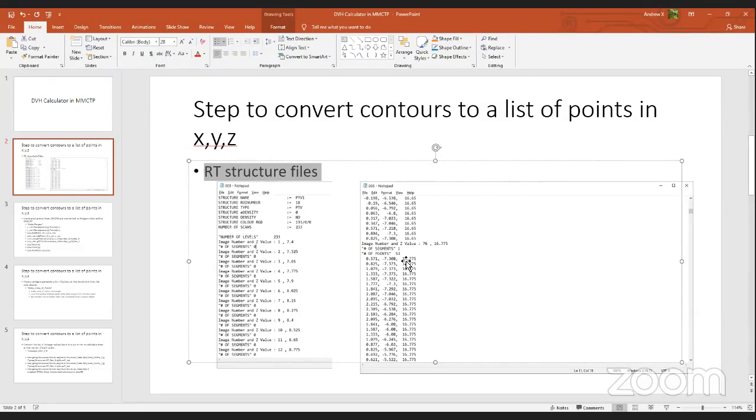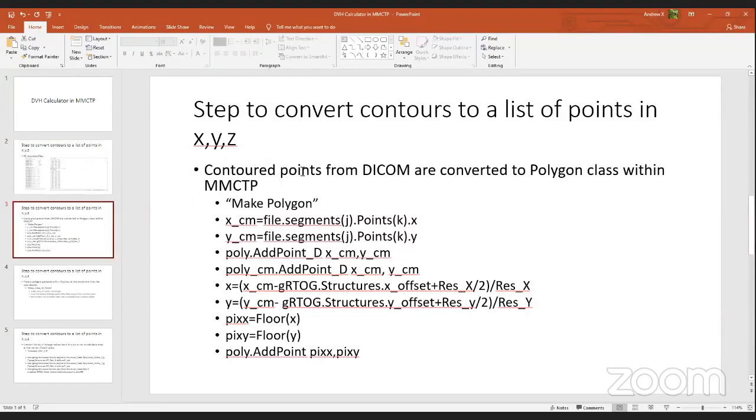So you start from this data set, and now you have to create points within this volume, because these are just the points that define the edge of the volume. There's a number of ways of doing this, but I'm just going to show you how MMCTP is currently coded. So we go from these DICOM coordinates, which is the contour edge, and we convert it to a polygon